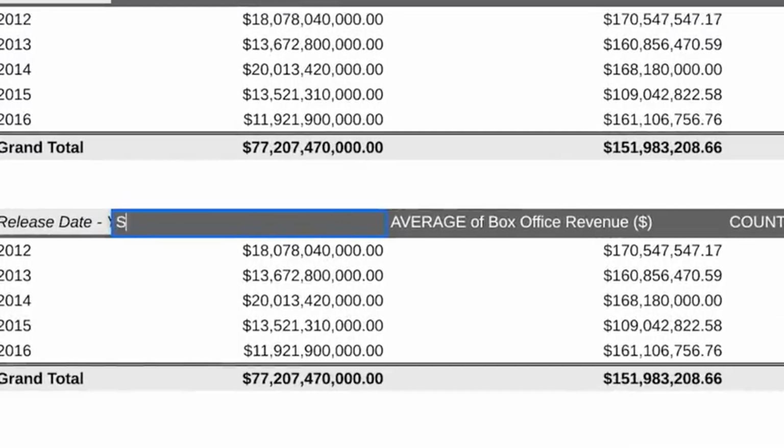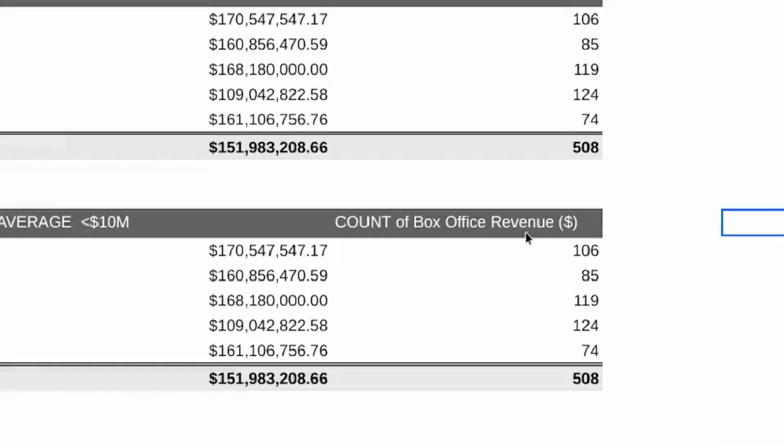We'll name them based on the data we'll be looking at, which I'll explain in the next video. Now our copied pivot table is ready for us to test our hypothesis.